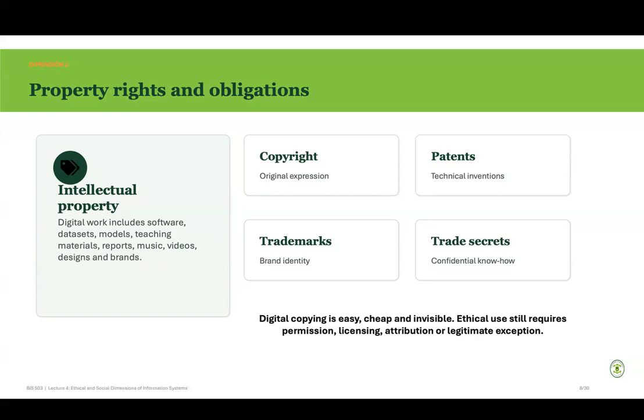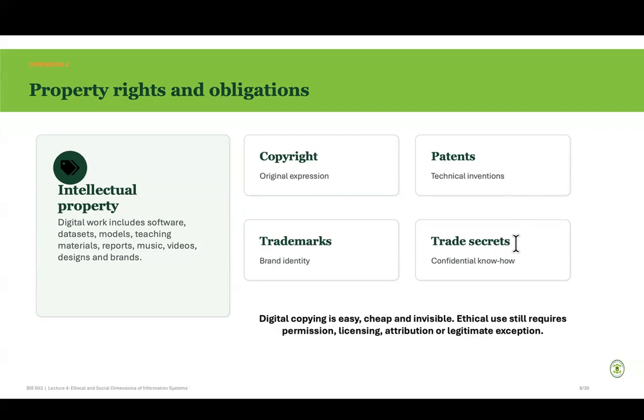In terms of property rights, I want us to look at it in the context of these 4 issues: copyrights, patents, trademarks, and trade secrets. What do they mean? Copyright protects original expression, such as books. If someone writes a book, copyright protects the person, and it also covers reports, lecture notes, photographs, videos, and software, whilst patents protect certain inventions, and trademarks protect names, brand identities, symbols, and what have you. Then trade secrets protect